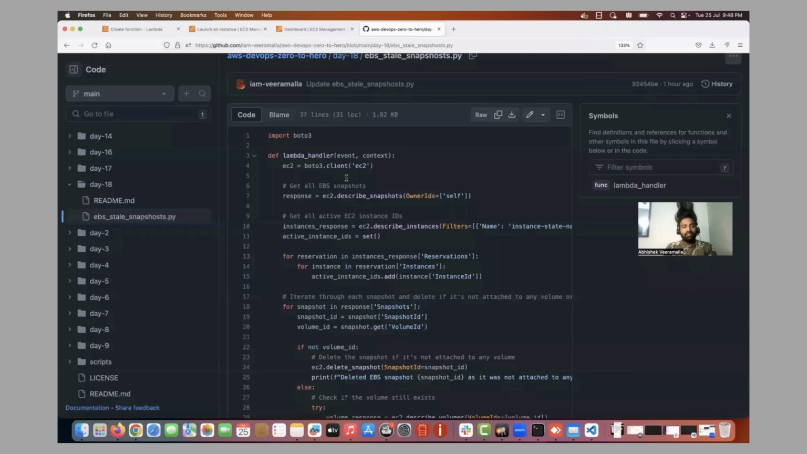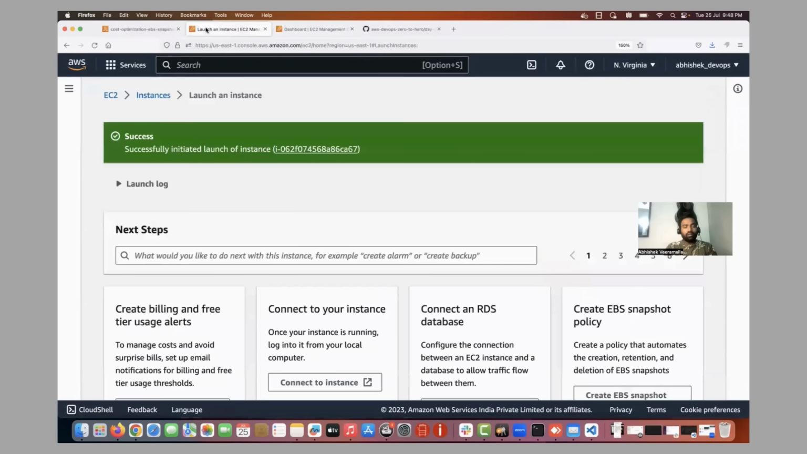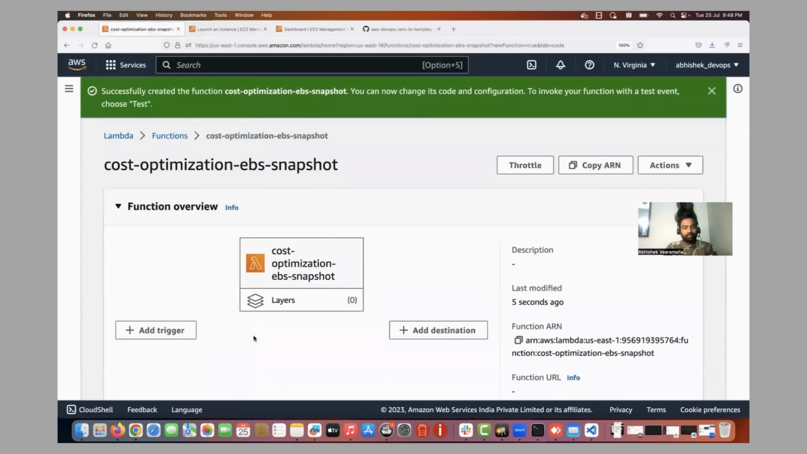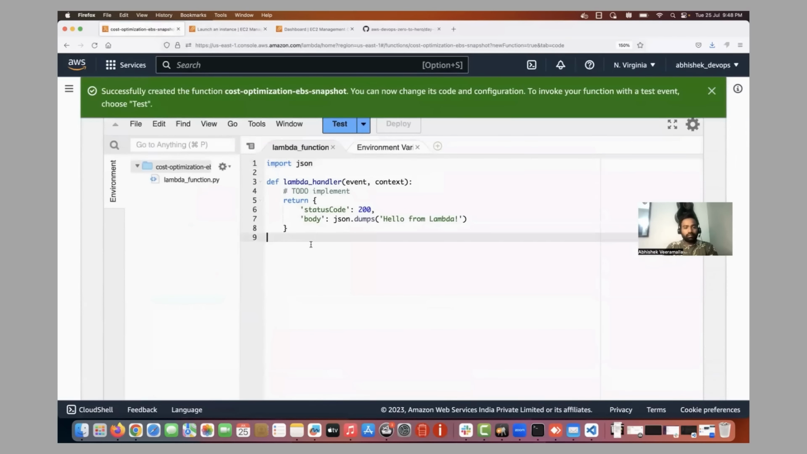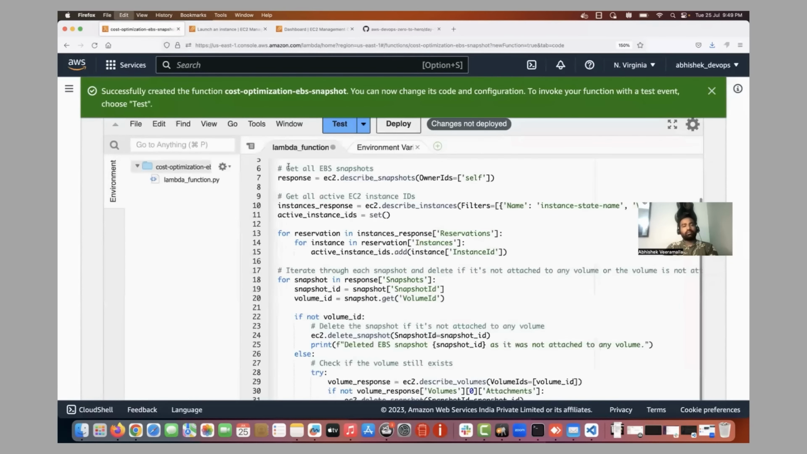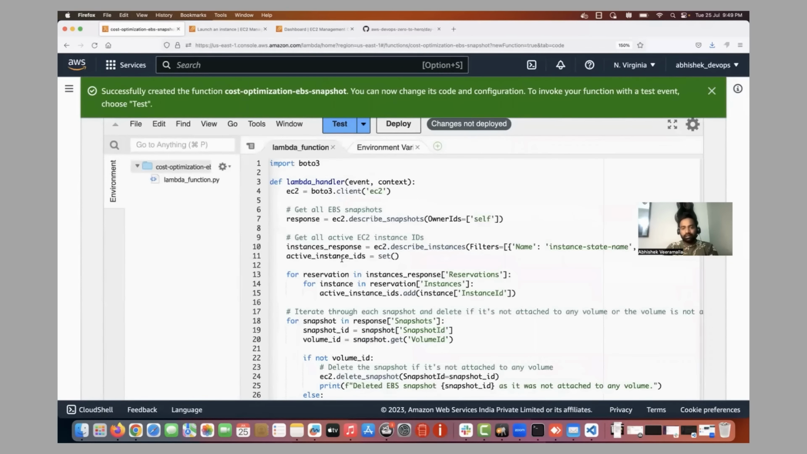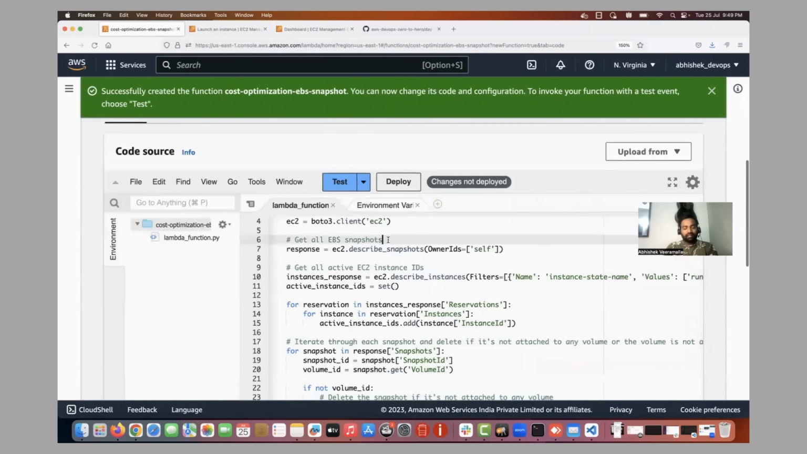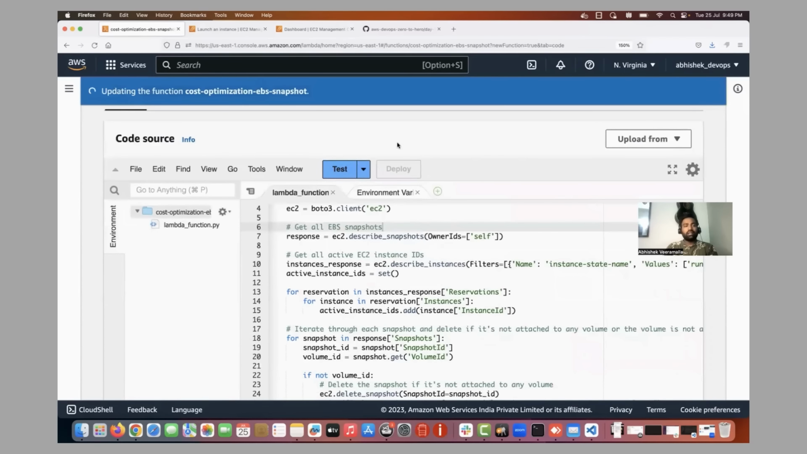let's go to our GitHub page and copy this entire code. Okay, I've copied the code. Now go back here, scroll down, remove this, just paste the code here. And what you will do after that, save this, press Ctrl S, click on the deploy button,